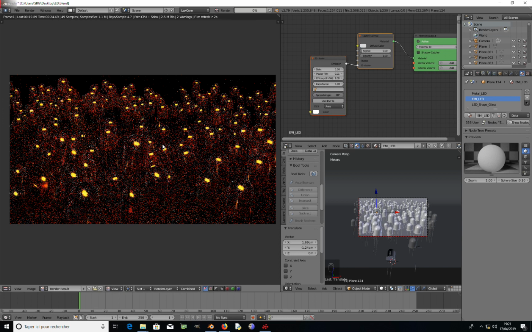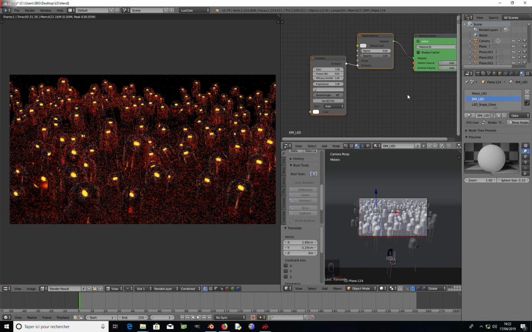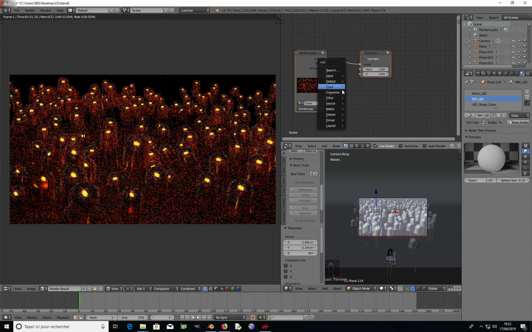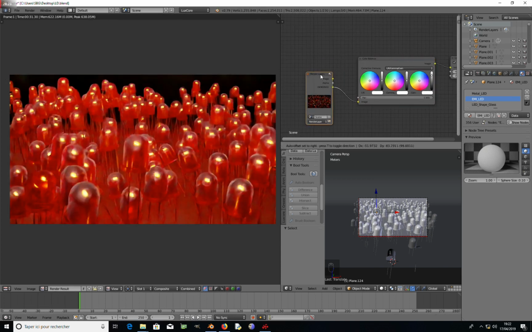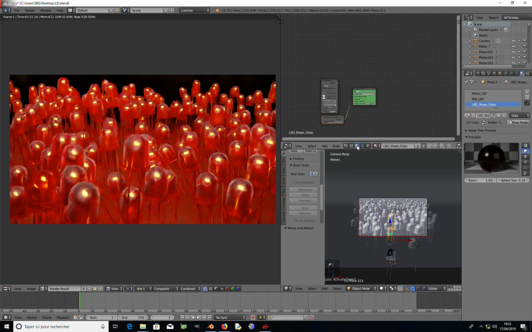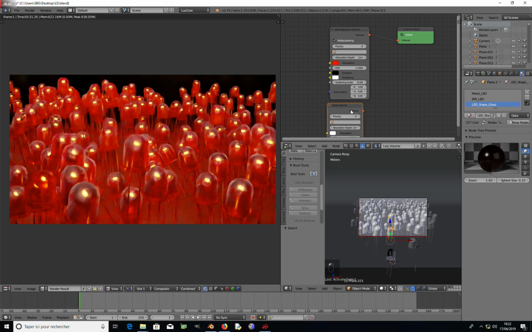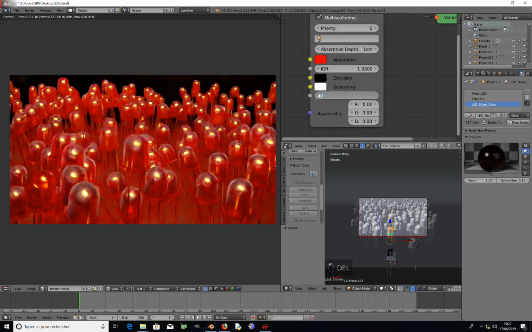Okay, seems to be on the correct way, but we want to see how it looks when denoised. Color balance, okay, there is too much light, so we have to increase the number, the volume opacity here. Let's increase it to something like 14, and 3 centimeter, I think is a good value, and 0.1. Okay, let's 0.1, and